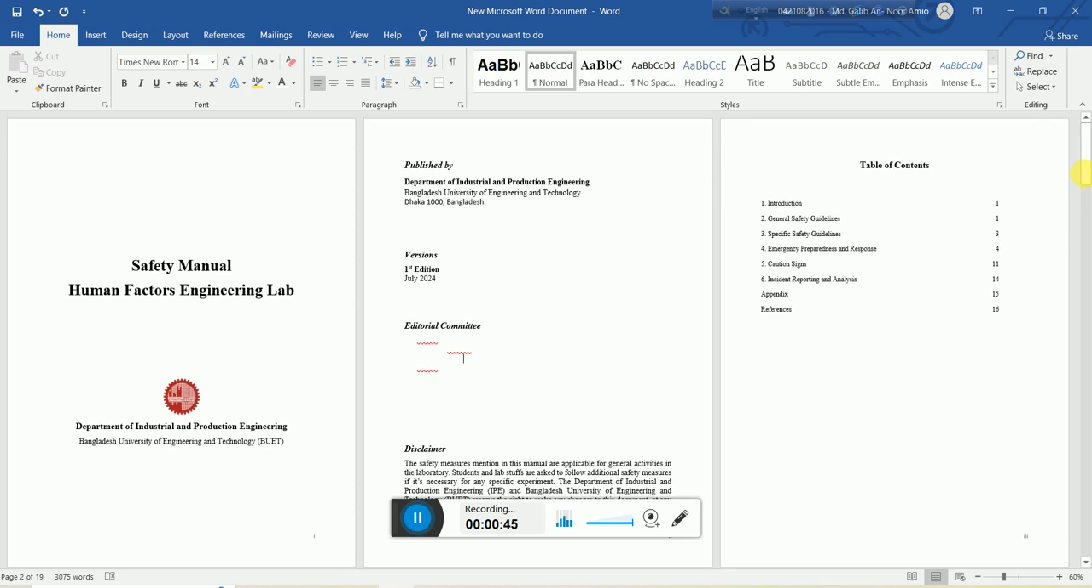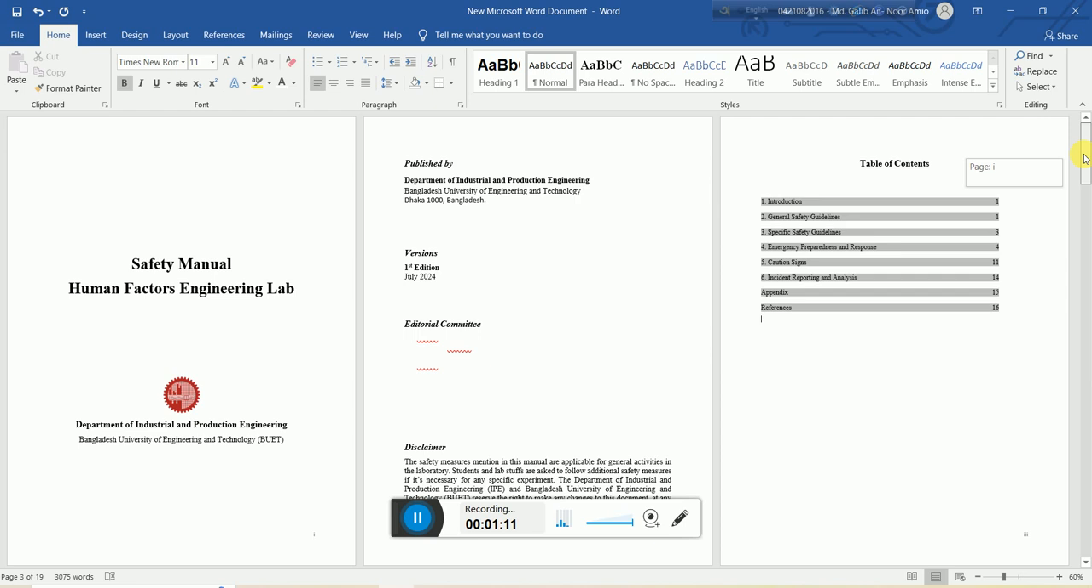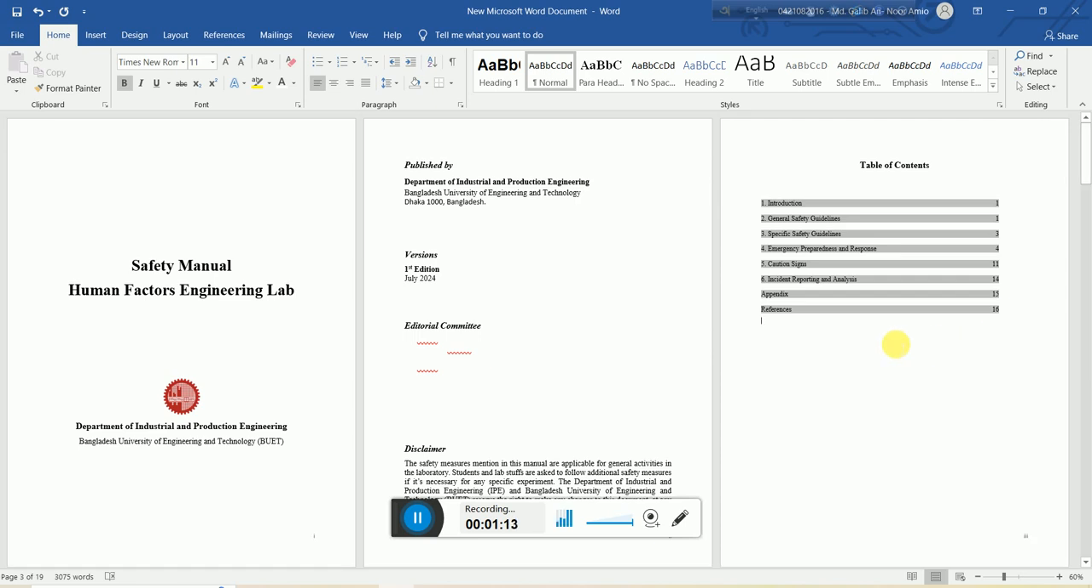In order to do that, you have to select the page after which another type of number format will appear. For example, in our case here, after the third page, after this page, a new number format will appear like 1 2 3. So we want to click in the third page, at the last line of the third page. We want to click there and then go to